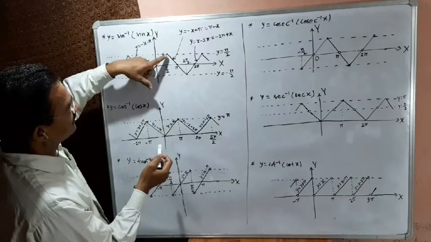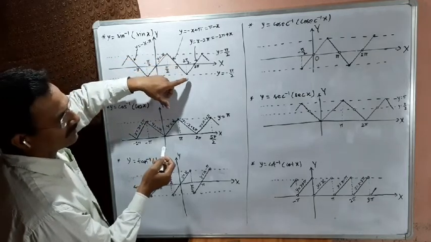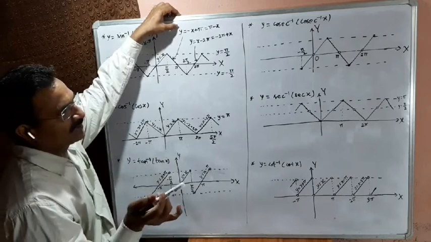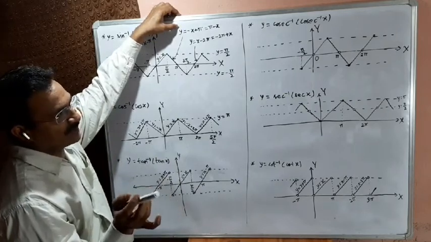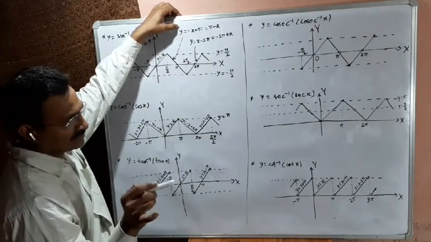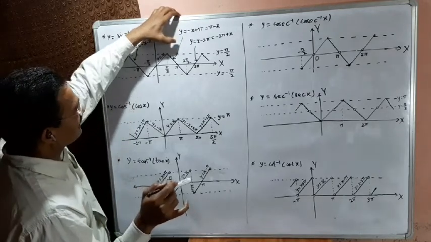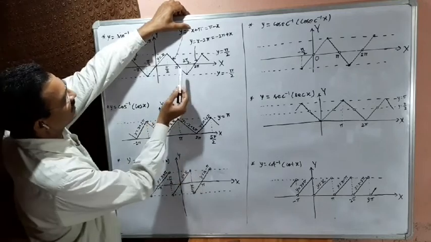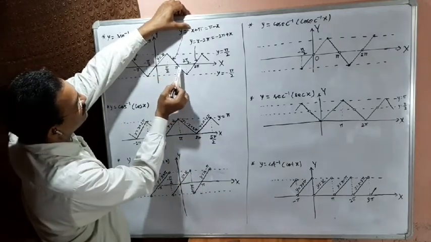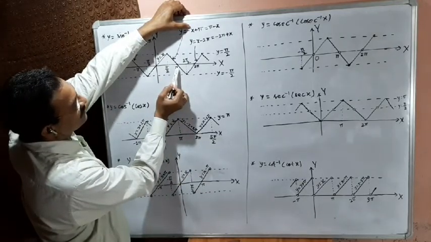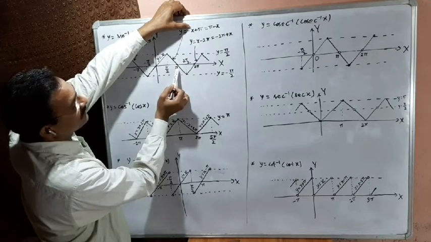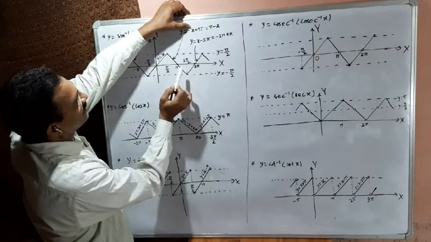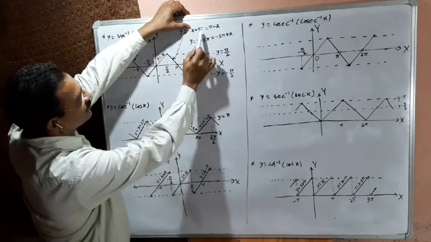We may observe that the slope of this straight line is -1. Therefore, if we write it in y equals mx plus c form, then obviously the coefficient of x will be -1 because the slope is -1. So in its equation, y equals, there will be -x. Next, remember this passes through pi, and at x equals pi, this passes through pi on the x-axis, and therefore the constant should be such that